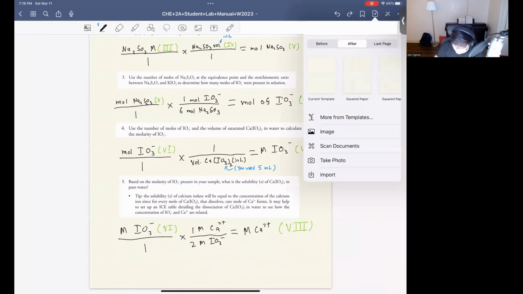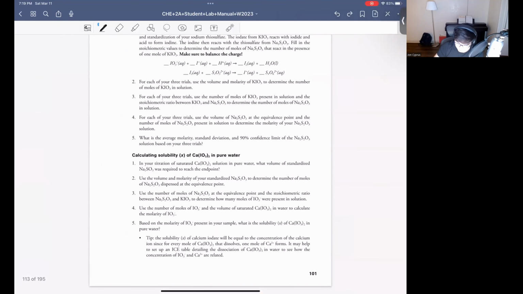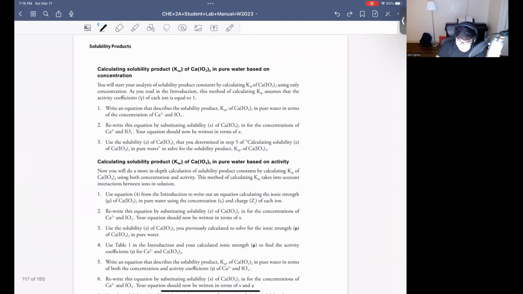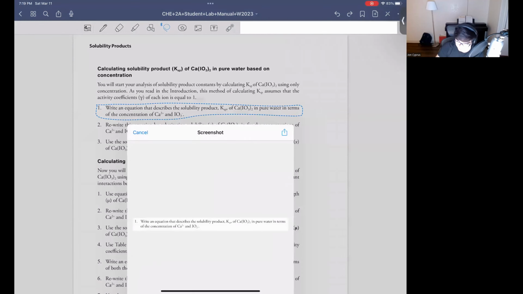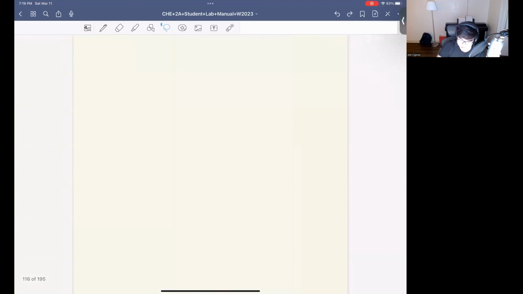All right, next one here. I believe we are on to part 3. So now we want to calculate the solubility product of calcium iodate in pure water based on concentration. Right, and so we're going to assume that the activity coefficients are equal to 1. We'll worry about that later. So don't worry too much until later, right? Right now,